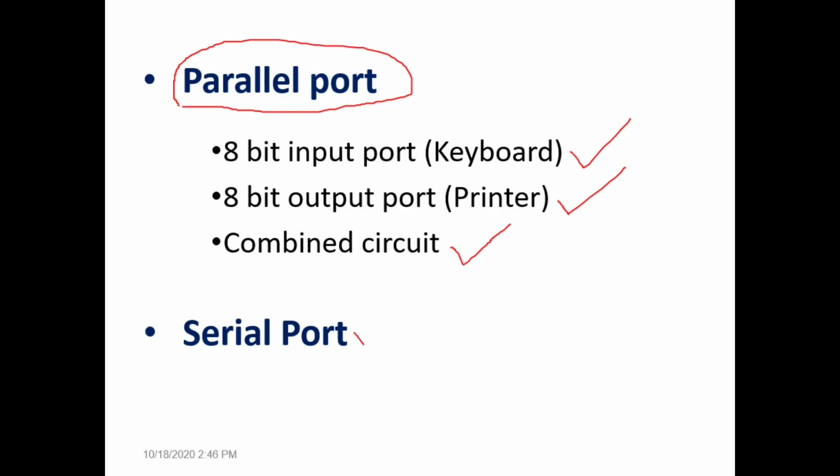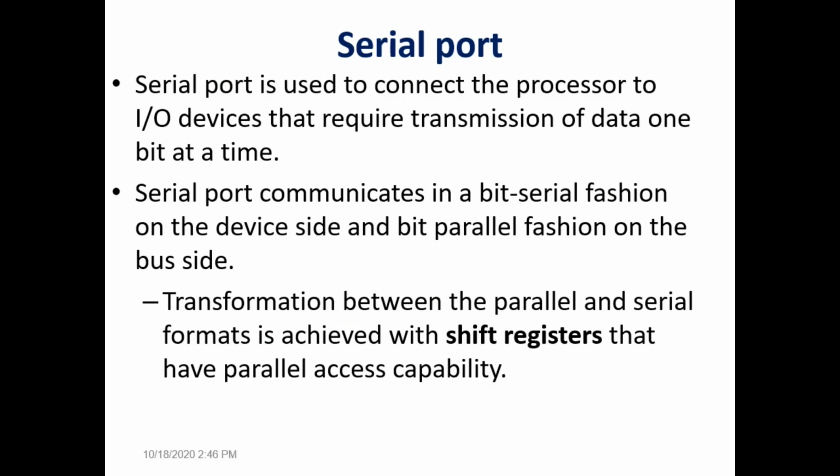Now let us study the serial port interface circuit. In such circuits, communication between the interface circuit and any input output device is done in bit by bit fashion. That means every time a single bit is transmitted between the interface circuit and the IO device. Such devices exist which need data bit by bit. So in that case, if the interface circuit sends all the 8 bits at a time, the device cannot handle it. That's why there are serial ports in the interface circuit.